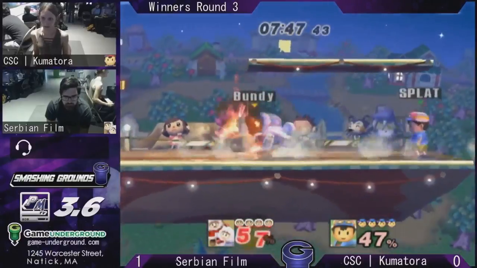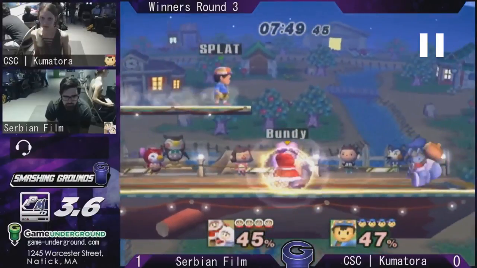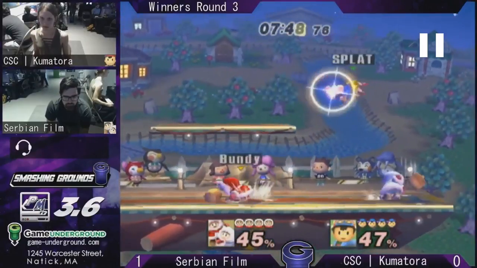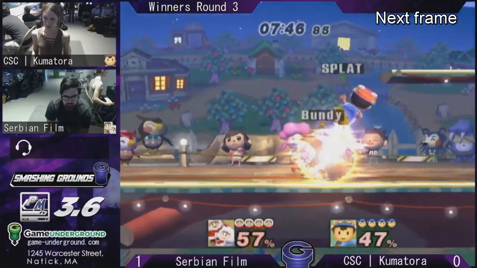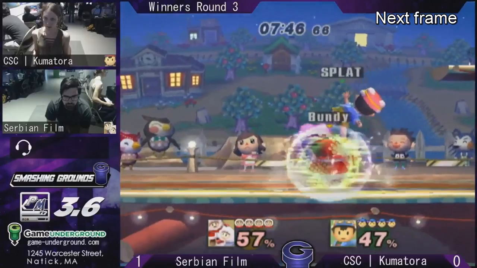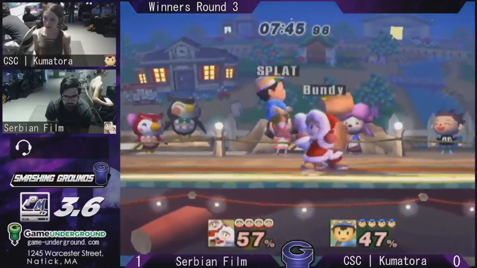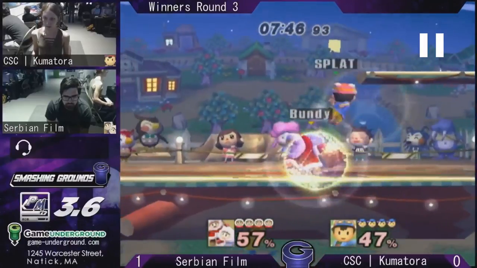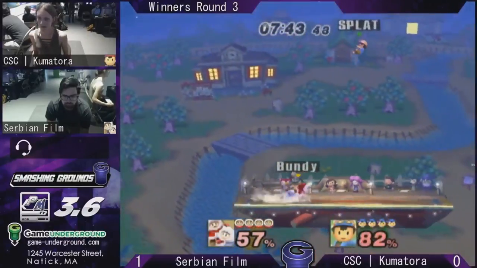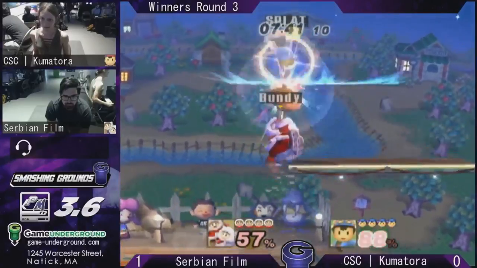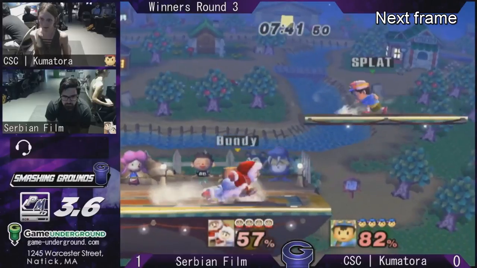And you're going to see right here that Kumatora is going to stay very glued to this platform for the most part. She is really keen on wave landing around it, trying to keep her movement platform based, right? You see right here, she doesn't do that, and then double jump cancels into a really terrible approach option, right? The intention here was probably to cross up, but since the Ice Climbers are facing the other way, she just faces her way into a grab. Serbian film misses a follow-up there,